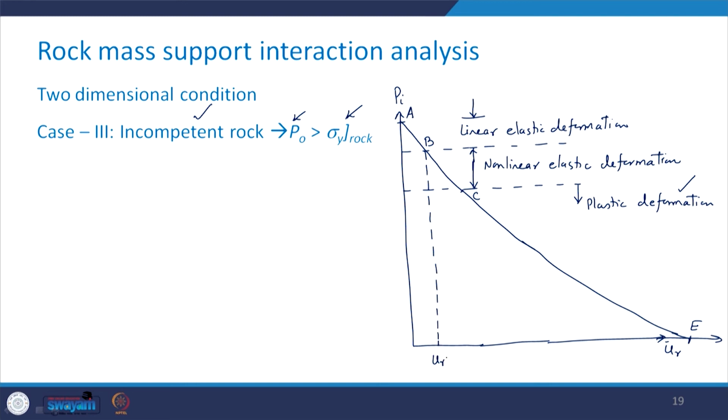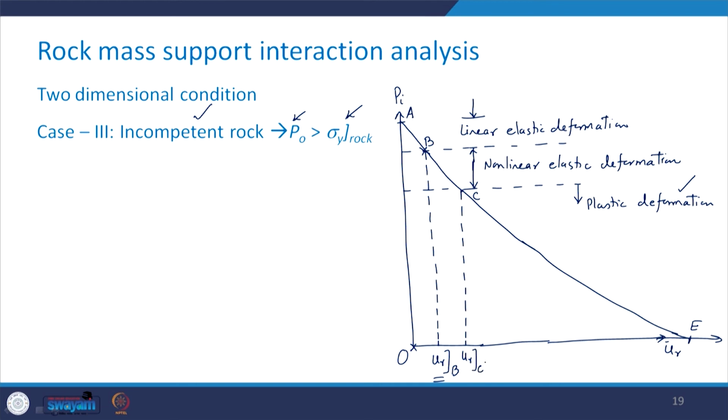That is URB. So, only this much is allowed. So, what is going to be the stiffness? You join this point with this point, and that is going to be pretty high because its slope is going to be very high. If we want to have this kind of situation, that is with respect to the point URC here,